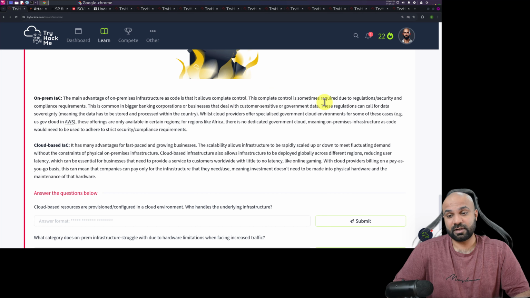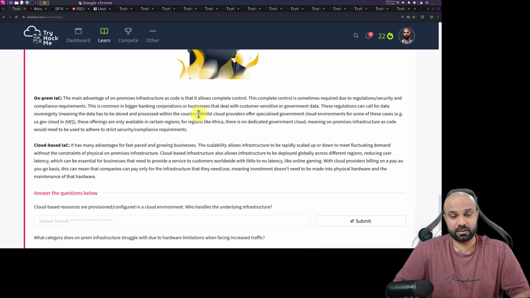This complete control is sometimes required due to regulation, security, and compliance requirements. This is very true. This is common in bigger banking corporations or businesses that deal with customer sensitive or government data. These regulations can call for data sovereignty.